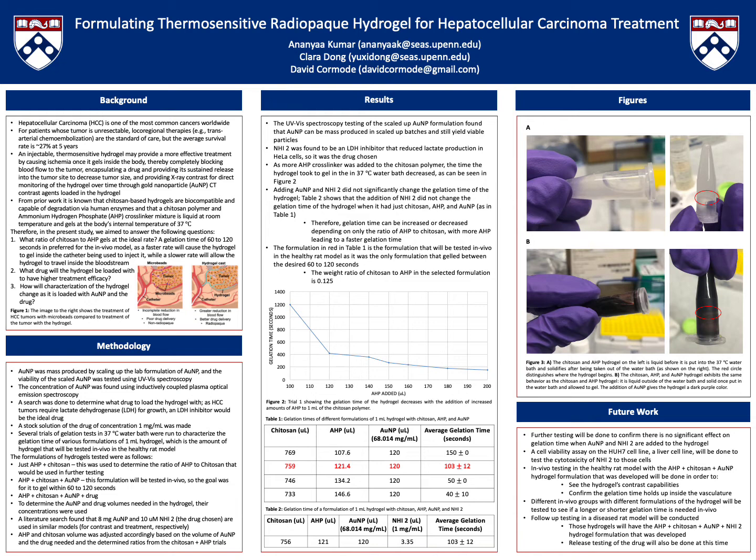So the results of the UV-vis spectroscopy, first of all, showed that mass-producing AuNP was viable and yielded viable particles. NHI2 was found to be the LDH inhibitor that reduced lactate production in HeLa cells, so it was the drug chosen. And then the main finding was that as more AHP crosslinker was added to the chitosan polymer, the time